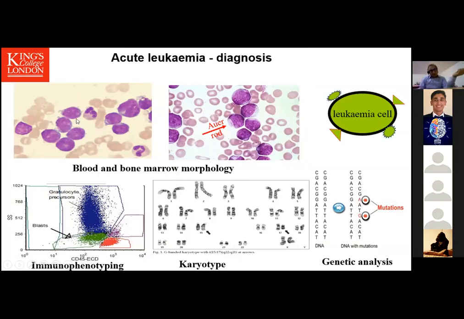We are looking at the peripheral blood. So first and foremost, if an AML patient walks through the door, look at the blood film and start making an assumption whether it is AML or ALL or something else. Or if it is AML, which of the FAB classification M0 to M7 it could be. And then do a bone marrow to